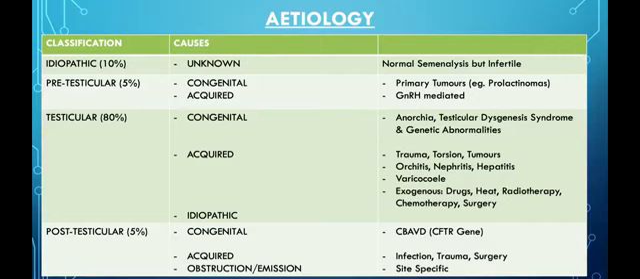Then testicular causes, which are about 80% of causes. These can again be divided into congenital causes such as anorchia, testicular dysgenesis syndrome, and genetic abnormalities. Important genetic abnormalities that we take into account are Klinefelter's and Y microdeletions. Then acquired causes, which I break down into trauma, torsion and tumors, then inflammatory causes like orchitis, nephritis and hepatitis, varicoceles, and then exogenous causes such as drugs, heat, radiotherapy,